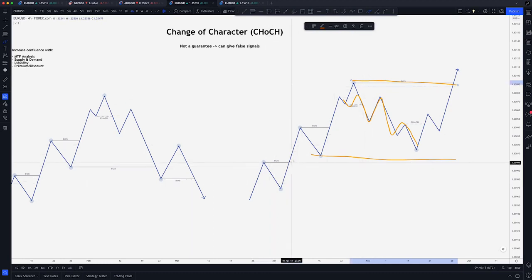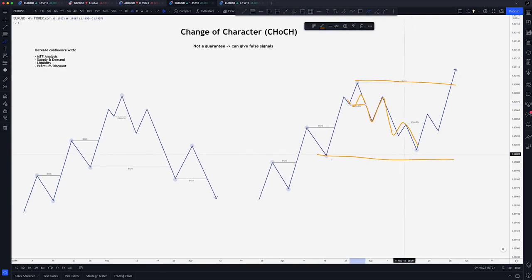So when the market is bullish and we're trading to the upside, yes, we can get that change of character there and we can anticipate the reversal, like what we were expecting to happen over here. But there's no guarantee because this is still a strong low, right? So the odds are that this strong low is going to be protected and we're going to continue to the